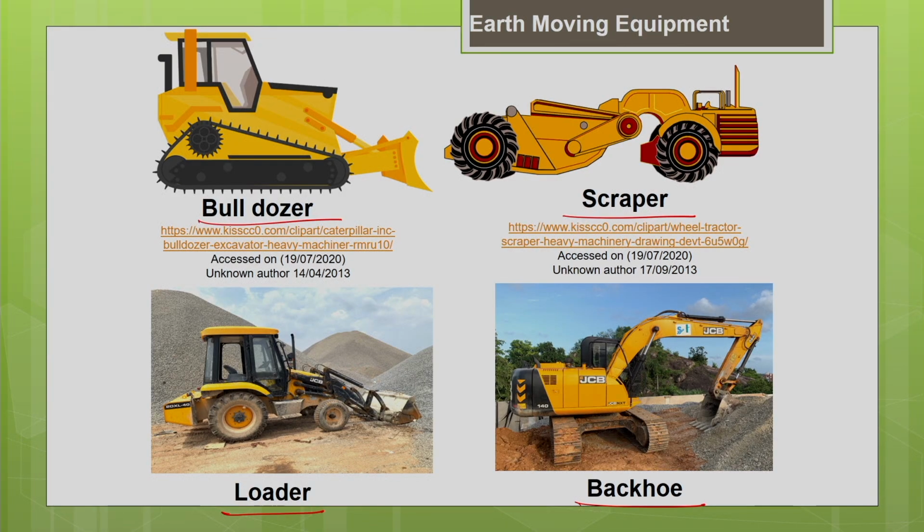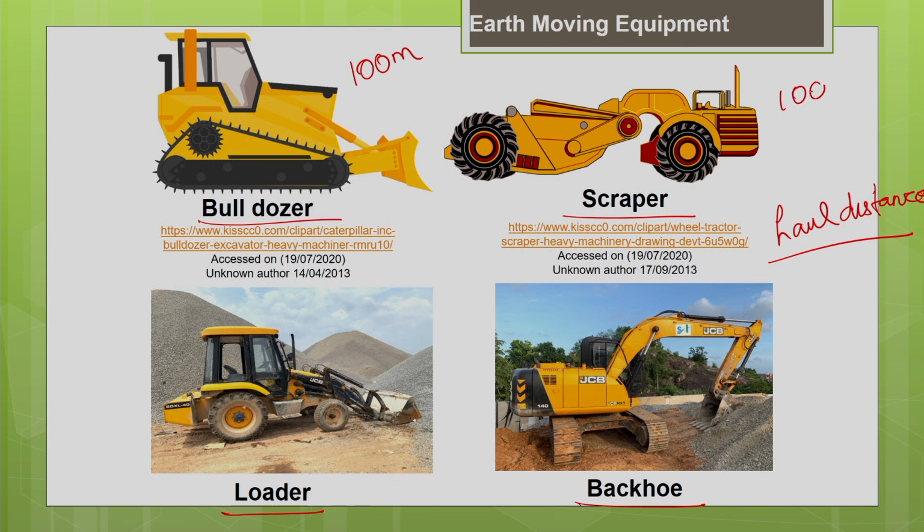So, basically for the earth moving operation, which equipment do I need to select? First, you need to think about the haul distance needed. So, what is the haul distance needed for a project? Because every equipment has its own economic haul distance. Say, for example, a bulldozer has an economic haul distance of 100 meters.